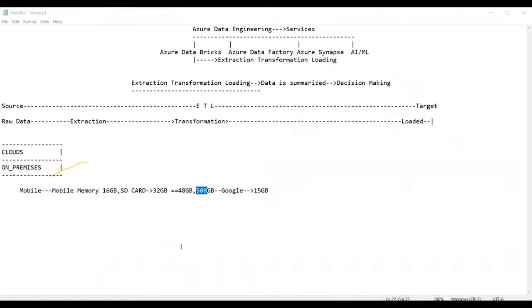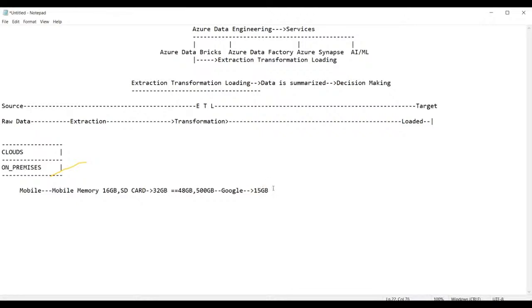My mobile memory already has 16 GB, and I have installed an SD card with 32 GB. Totally both memories amount to 48 GB. But I have 500 GB more to be stored. So I took the support of Google Drive, and Google Drive is providing only 15 GB. What is the alternative for me now?